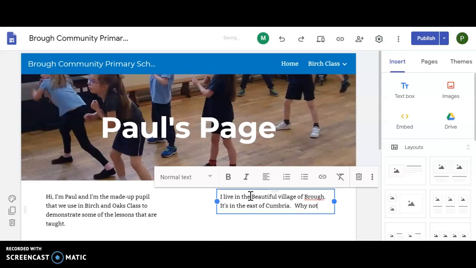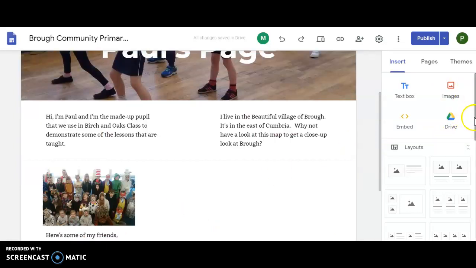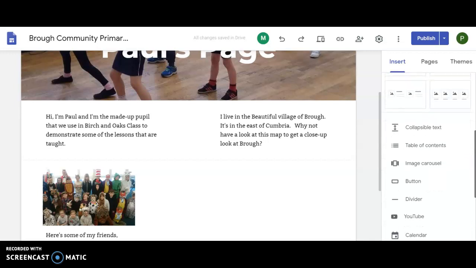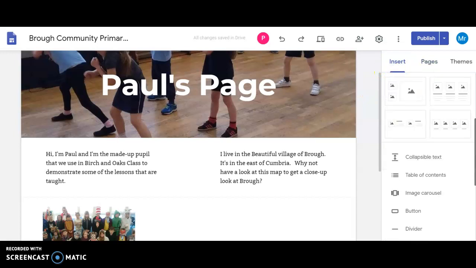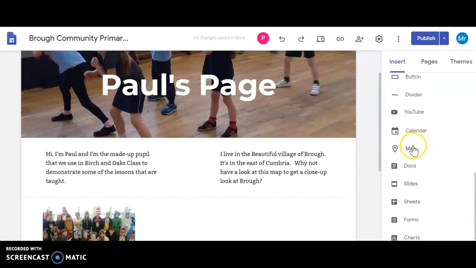Ask a question. Why not have a look at this map to get a close-up look at Brough? Question mark, because it's a question. Now, you haven't just got these things for an option. We won't worry about the layouts right now, but if you scroll down, you can find the map option. And if I click on map